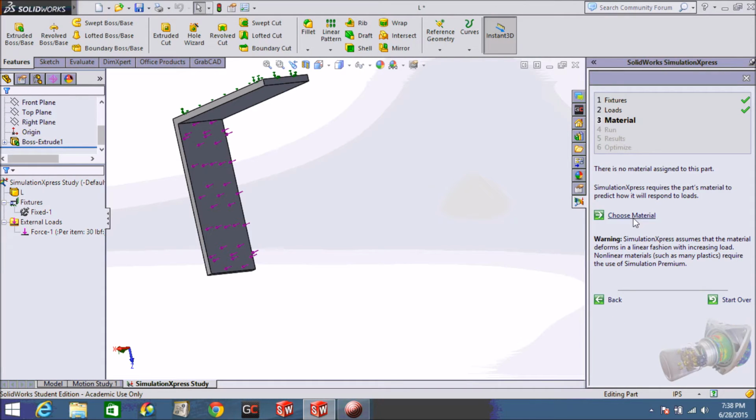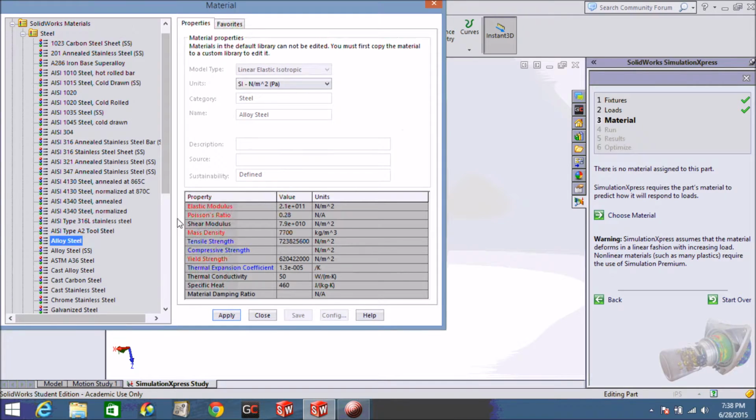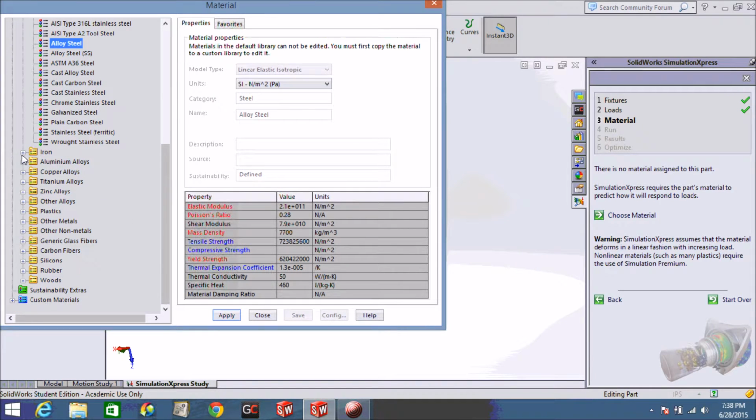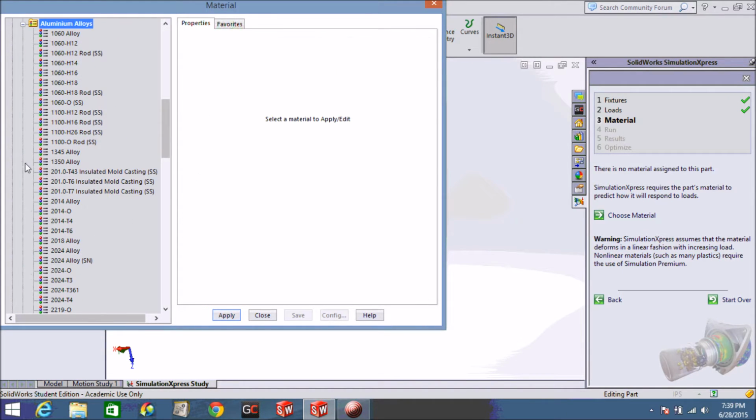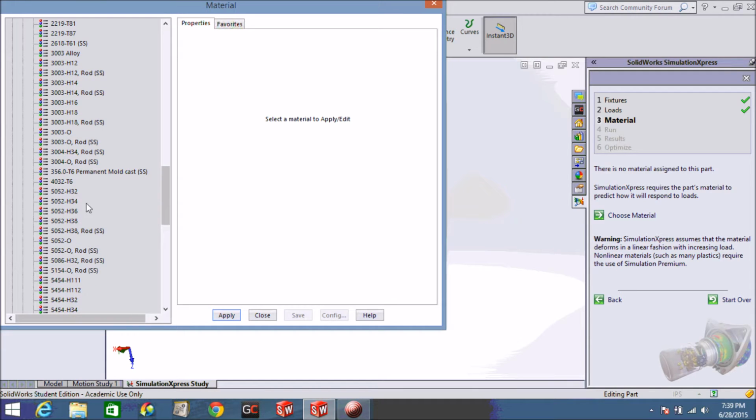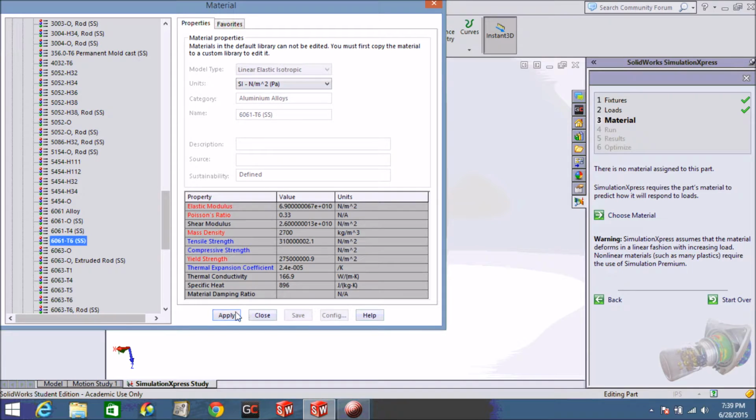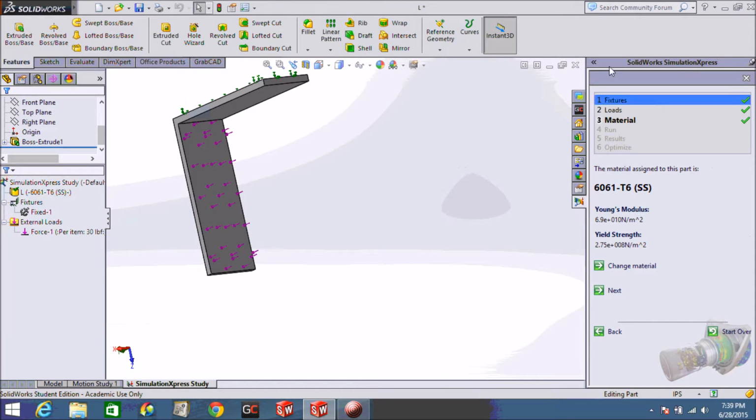So the next step is material. So we have to choose a material. The most common alloy that we use, on our team at least, is 6061 T6 aluminum. So I'm going to go ahead and make this out of that. And just click here. Note that when you click apply, it doesn't automatically close the window. So you may feel like, oh, it's not working. No, it's working. You just gotta close the window. And as you can see, I close it. We have,